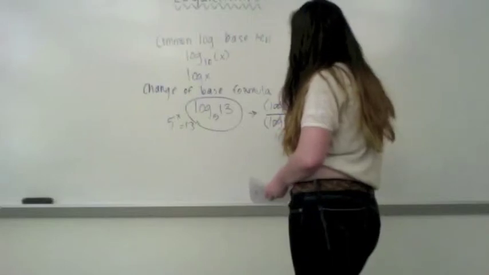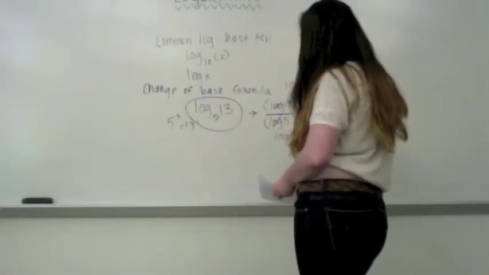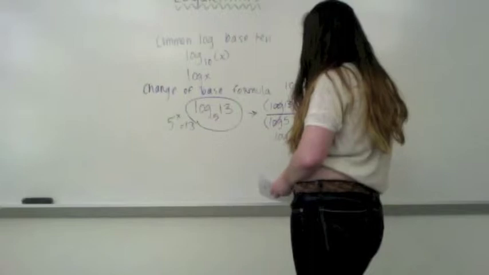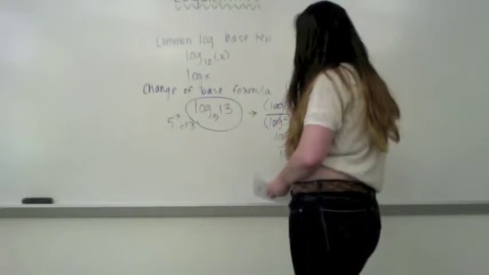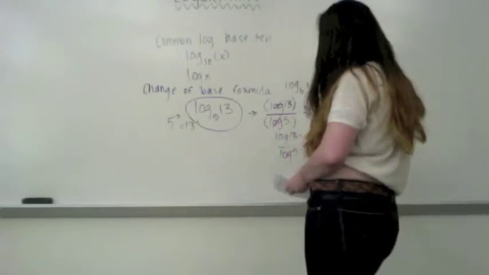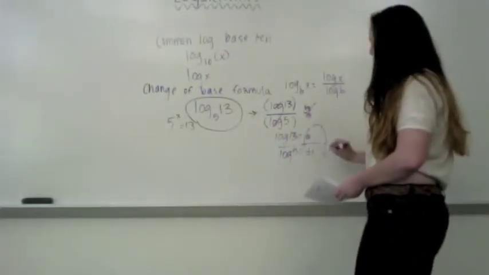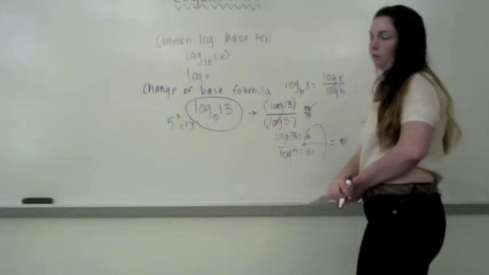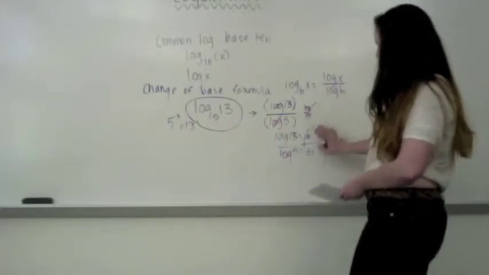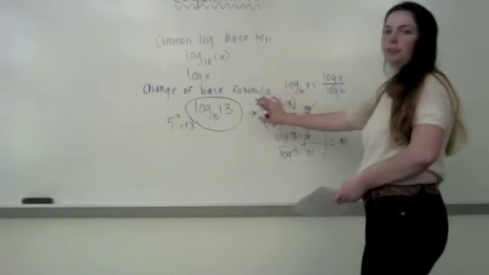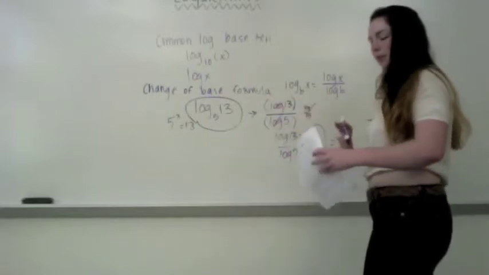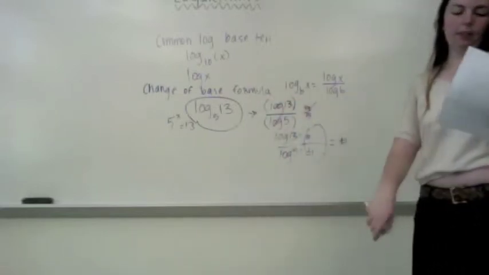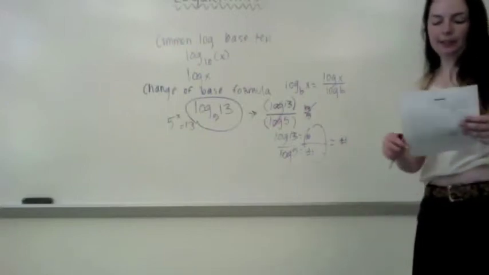It's log of 13 equals some number, and log of 5 equals some number, and a number divided by another number. But this number, not that number. So, moving quite along,